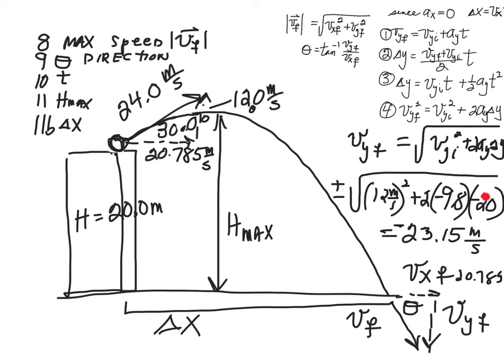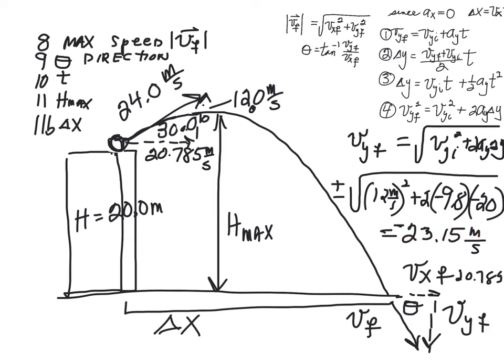But delta y is negative 20, right? Because y initial is here and y final is here. And you may get confused. You may think the delta y is this. But no, this is where we start. This is where we end. Y final is 0 minus y initial, which is 20, is a negative 20. So it went down 20 meters from the start to the end. What this is, is irrelevant, actually, although we will have to find it. So anyway, we end up getting